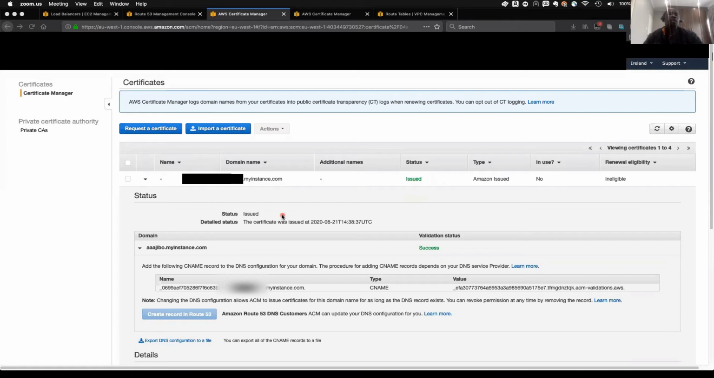But prior to this time, if you choose DNS validation, you see something like this below. This create record in Route 53 button will be enabled, and then you can do this. If you have your domain in Route 53 already, this makes it faster and easier. So